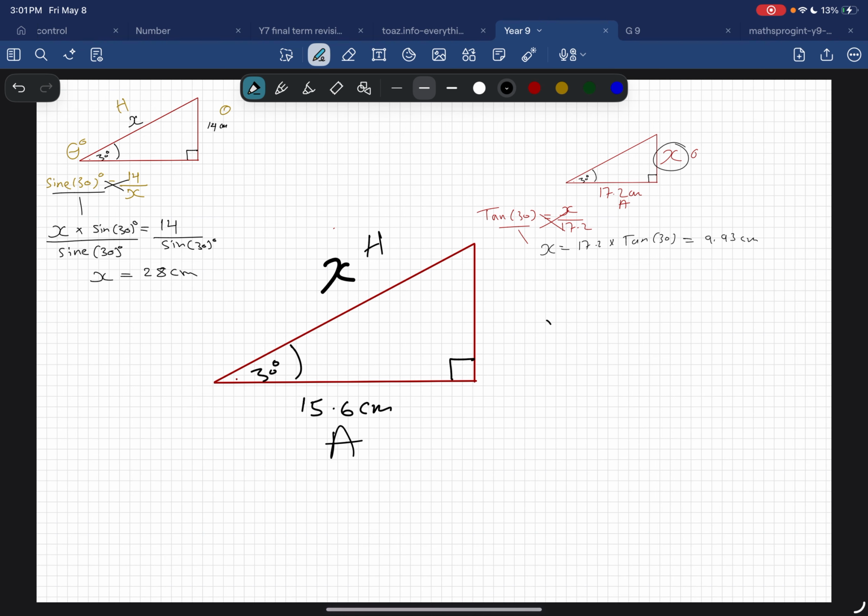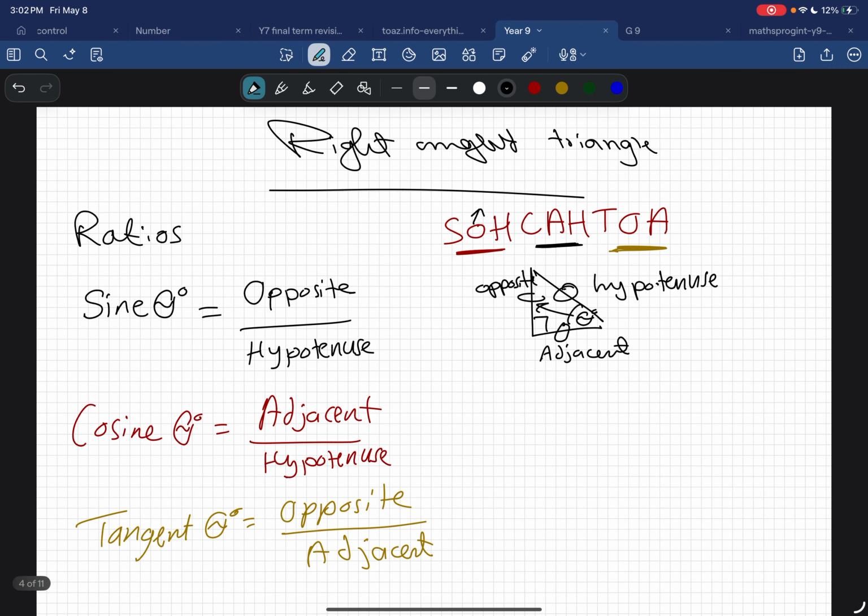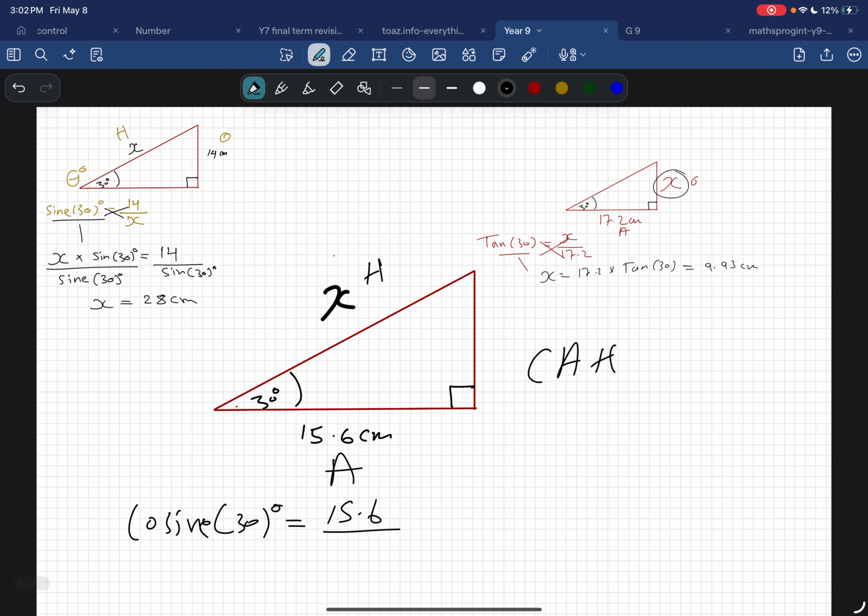Which rule is it? Of course, cah, which is cosine something. So cosine 30, okay, equals the adjacent, which is 15.6, over the hypotenuse. Check the rules back there. Over the hypotenuse, which is x in this case. So cross multiplication like before. Here 1, 15.6 times 1 is 15.6, and x times cosine